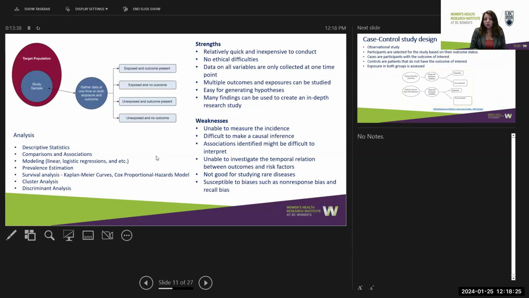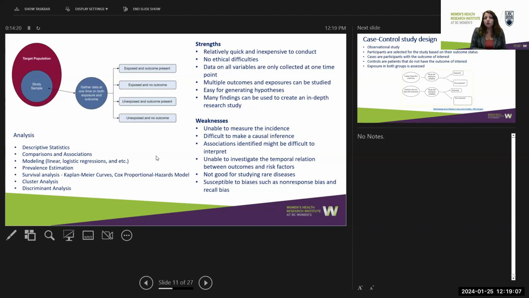So we have a target population. If we cannot study the whole population, we choose a study sample. We can sample it, or if we don't have the ability to sample, we can take our registry or subpopulations that we have. We gather data from those people at one point in time on both exposure and outcome. So both exposure and outcome are usually measured at the same time point, and our groups will be defined as exposed and unexposed, with or without outcomes. So basically, this is the basic classical design for